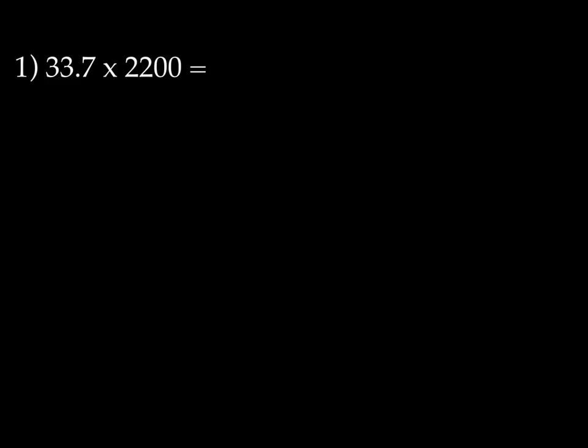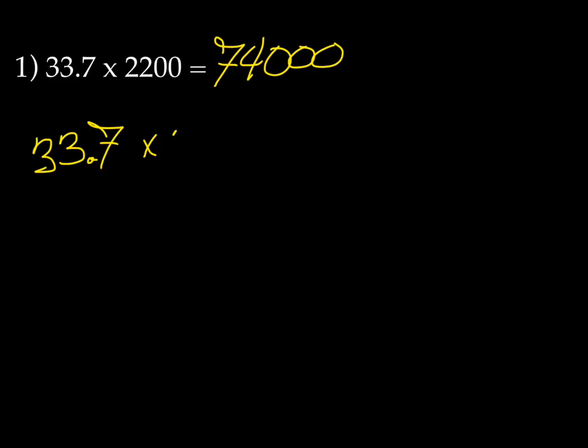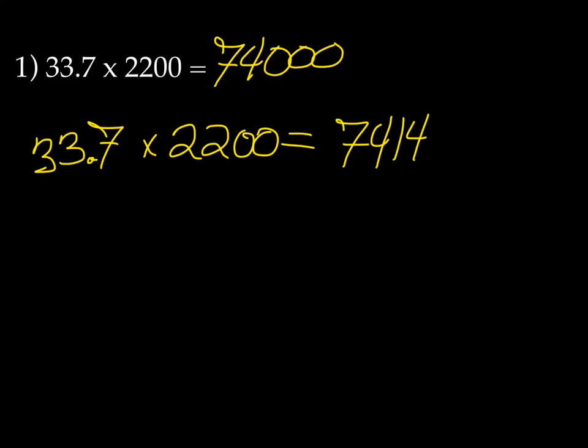For number 1, I came up with the answer 74,000. Okay, let me go through step by step how I came up with that answer. First thing I did was put 33.7 times 2200 into the calculator and came up with an answer 74140. Next, I determined the number of sig figs in the original numbers. So how many sig figs are there in 33.7 and why? I came up with 3 sig figs